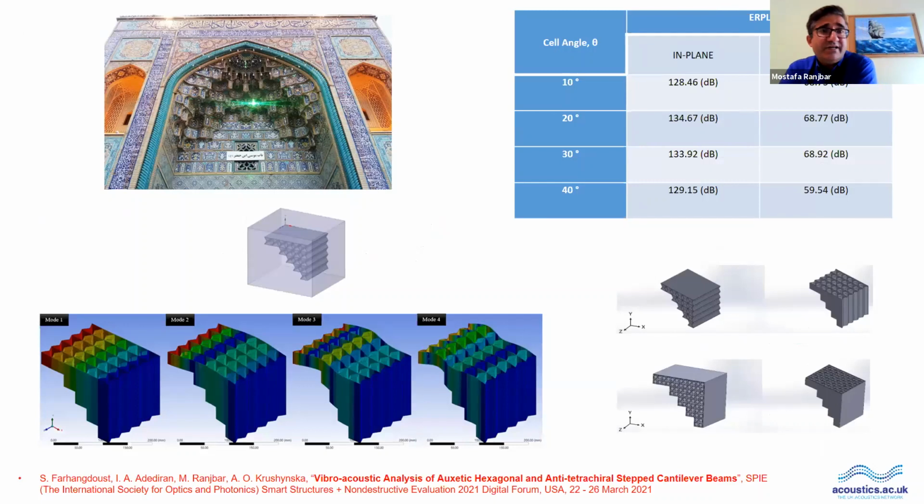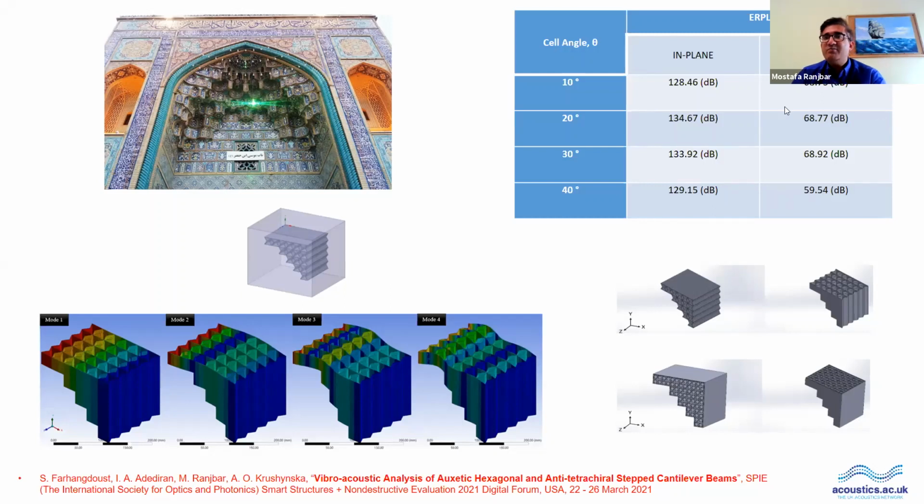So another idea I told you about was bending. If you look at old historical buildings, they had the idea to use this type of stepwise structure to carry the load of the roof, because in that time they were metal. That is the idea that I had to use for a stepwise Auxetic structure, for in-plane and out-of-plane performance. And that was the subject of one of my master's students.